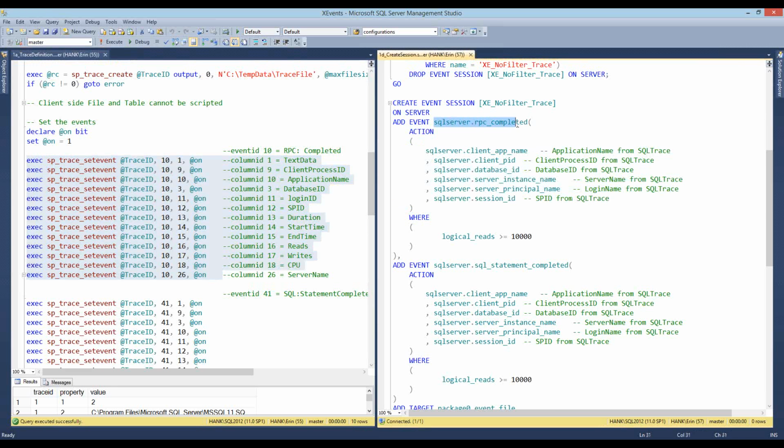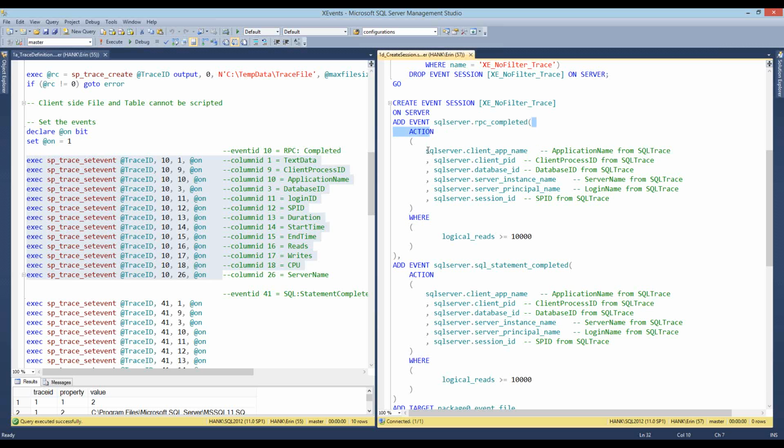For every event in extended events, there are a certain number of fields that it's collecting. Sometimes you'll hear it referred to as its default payload. So RPC completed, by default, is already collecting reads, writes, CPU, duration. You don't have to do anything else to collect those fields. They're already being collected for you.